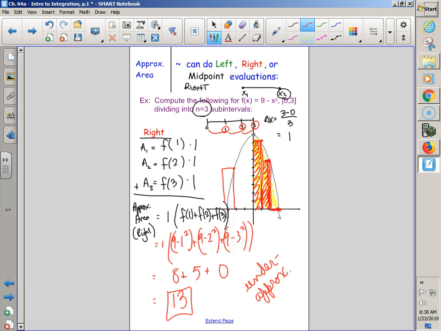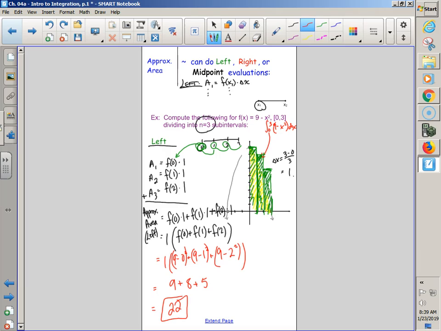Maybe it's not the concavity. Maybe it's the decreasing nature. Because over here, my function is increasing. So increasing means whatever's on the right is going to be above whatever was on the left, so my rectangle is going to be over. Decreasing means wherever the function's decreasing, whatever's on the right is lower than whatever was on the left. Oh, so lower and upper approximations depend on increasing and decreasing. Okay, so my right one was an under just because this function is decreasing. My left one was an over